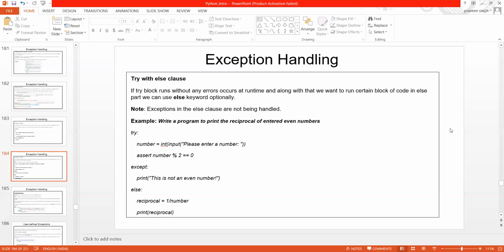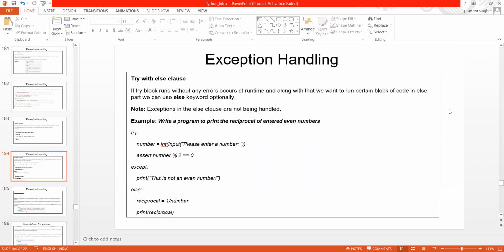So many of you are saying yes, that is possible, and that is absolutely correct. Why? Because whatever you write in try is going to be handled in the except block. If something goes wrong, that is also taken care of in the except block. And if something is not inside the try block, then you can write it in the else part.